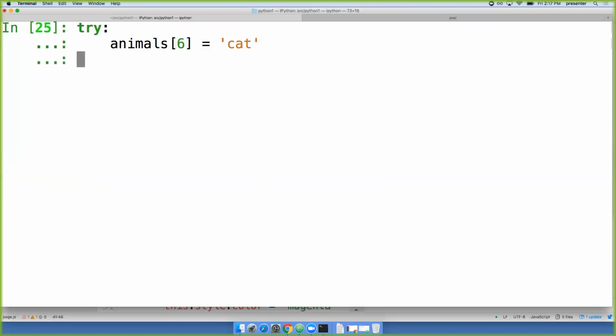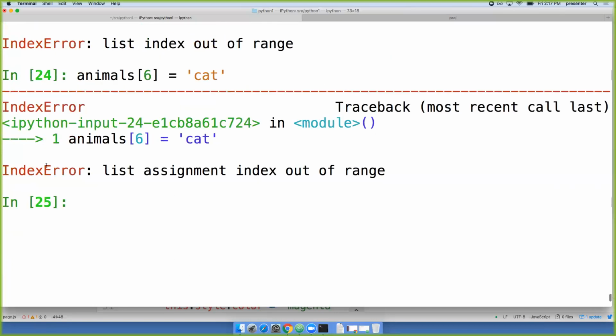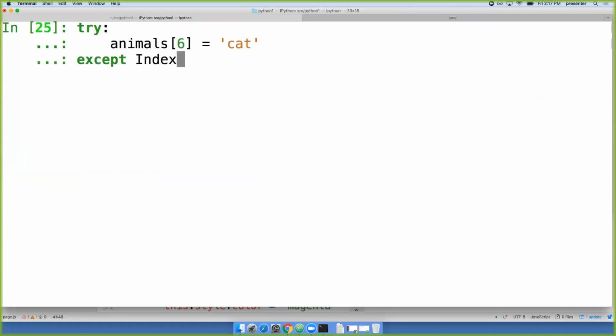It actually isn't try catch, it's try except. Notice when I did that, it threw an index error. So I can say except index error, if I get an index error,